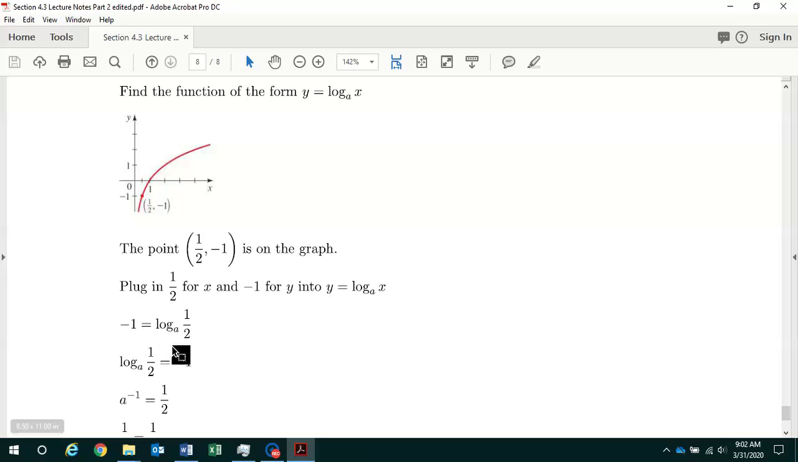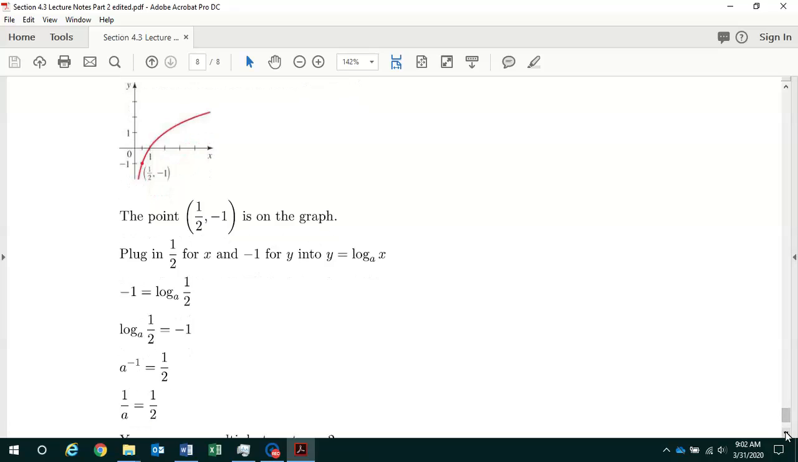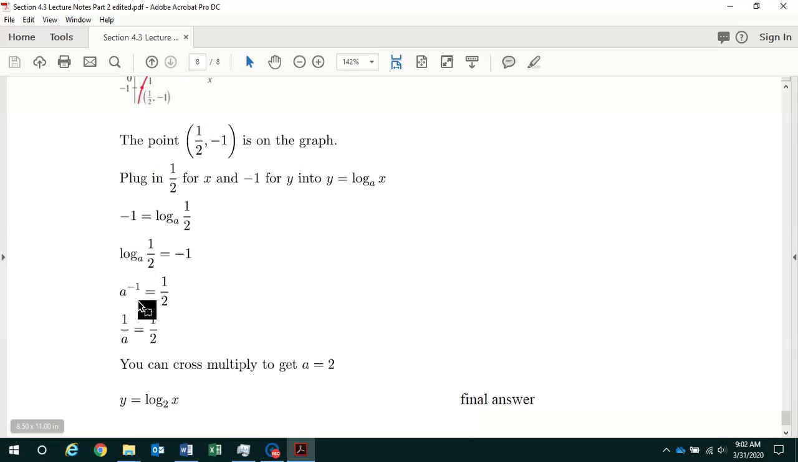And we have -1 is equal to log base a of 1/2. And we switch the two sides of the equation. We have log base a of 1/2 is equal to -1. And now the exponential equation that goes with this logarithmic equation is a to the -1 is equal to 1/2. And you know, a to the -1 can be written as 1 over a to the plus 1. So just 1 over a, so we have 1 over a is equal to 1/2, and now we have to